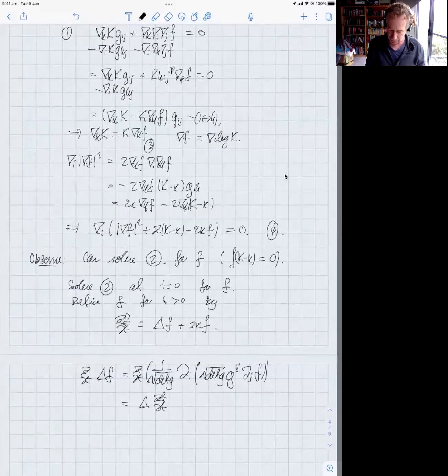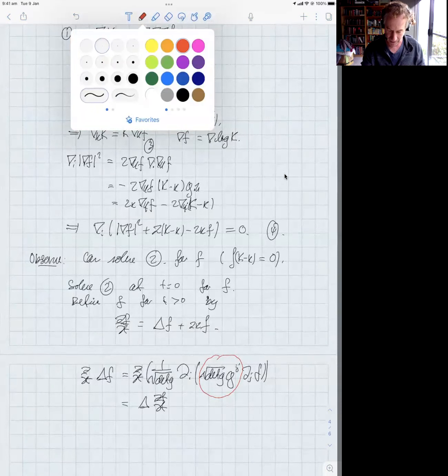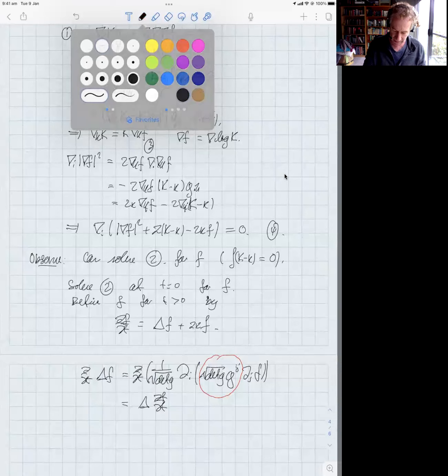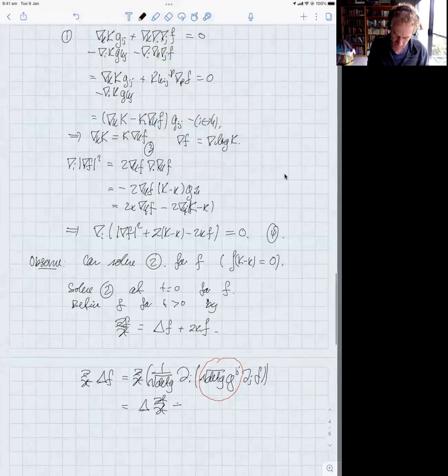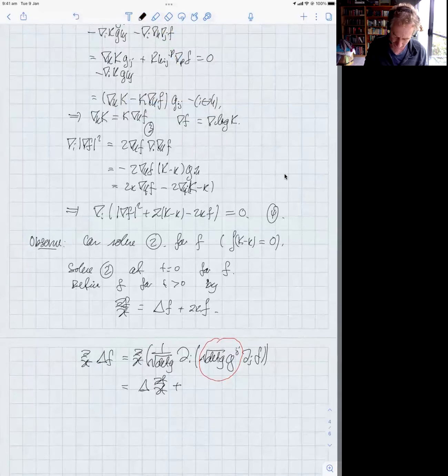The metric changes conformally, which means that this product of square root of determinant of g with g inverse doesn't change under a conformal change. That's fixed, so I don't have any term coming from there. The only extra term I get is from differentiating the 1 over root determinant of g at the front. And so that would just give me a plus. Okay, so d/dt of g is minus 2 (k minus kappa) g. So this thing here is going to be a plus 2 (k minus kappa)